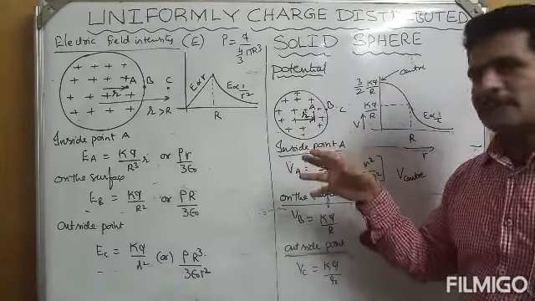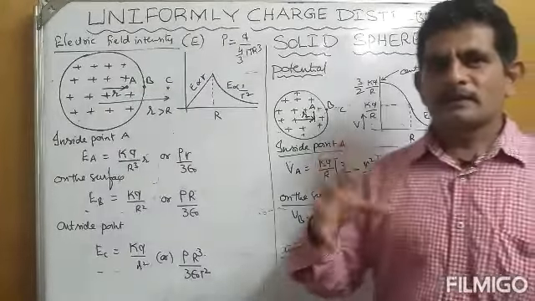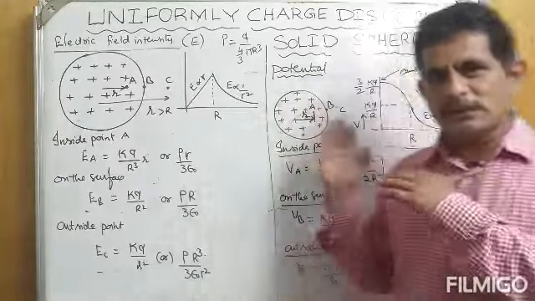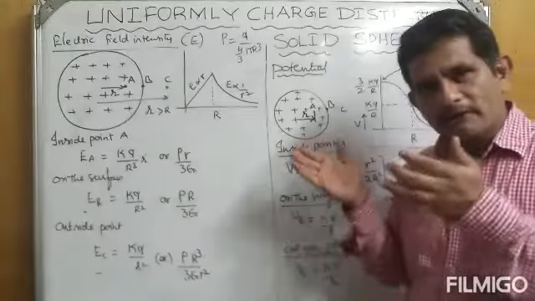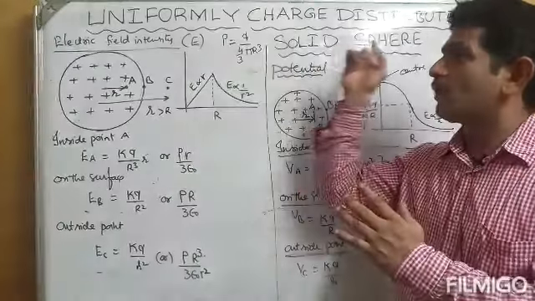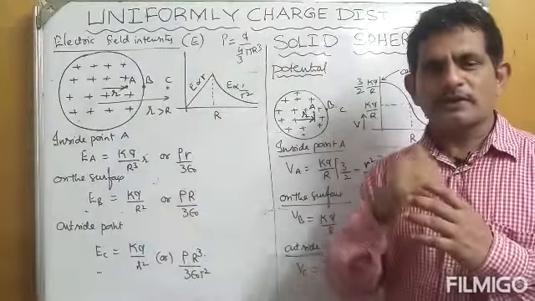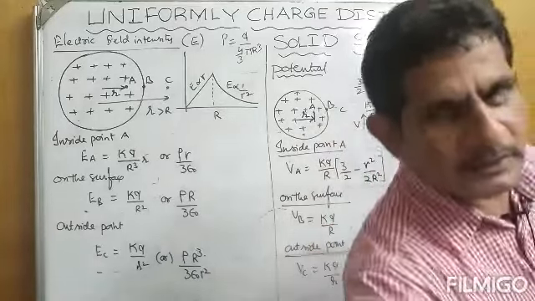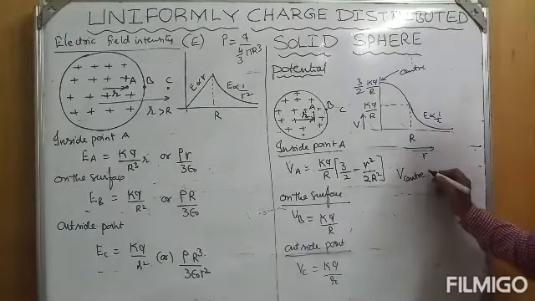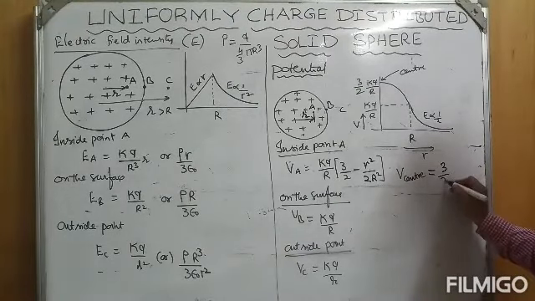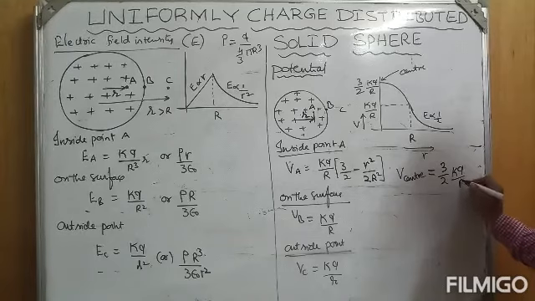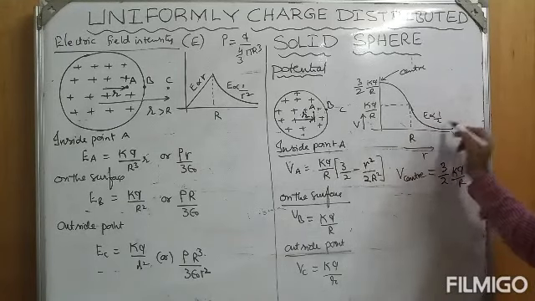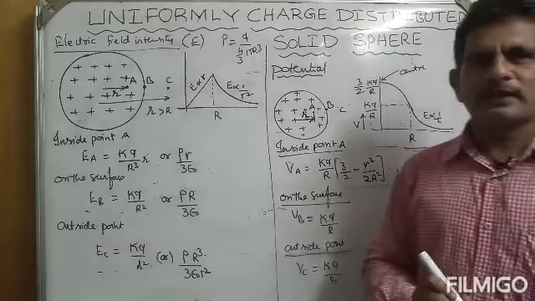All these things I explain in the further videos. Could you understand? I hope this is the thing you have to keep in mind while you are going for examination for the uniformly charge distributed solid sphere. For these things, if you want the proof, you can go further. This is nothing but V center equals 3 by 2 kq by r. Why? Because small r is 0. Then 3 by 2 kq by r, that is kq by r. I think you can get the idea, right?